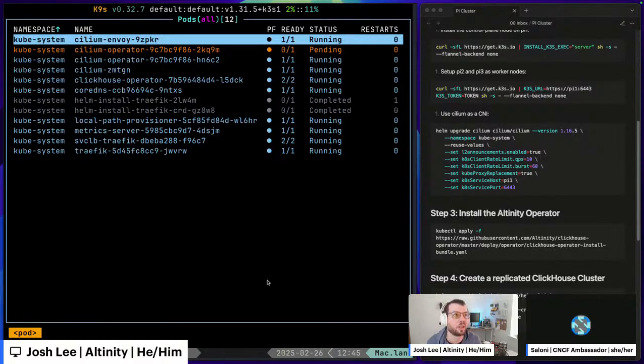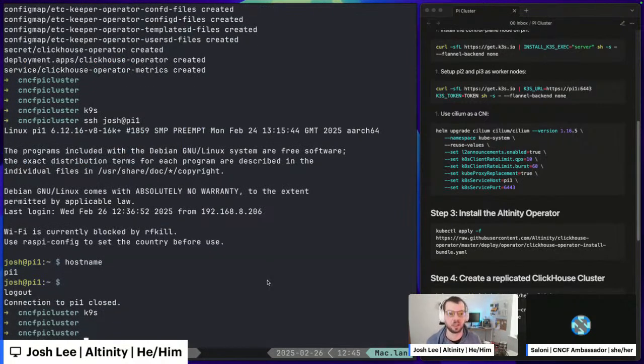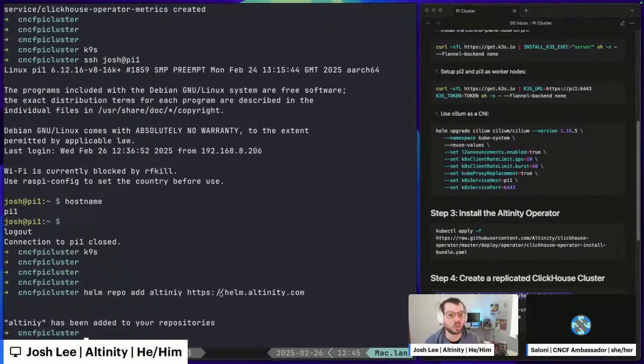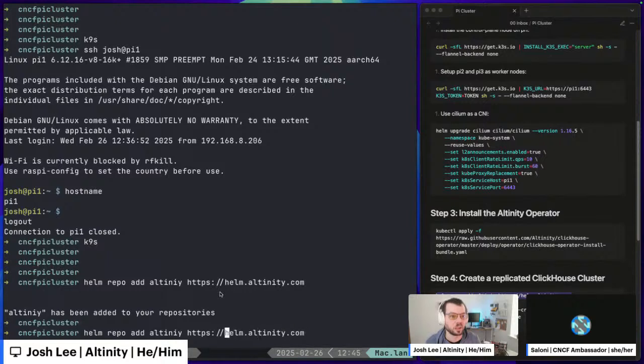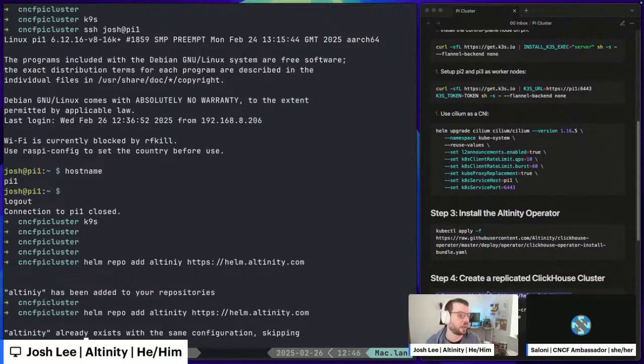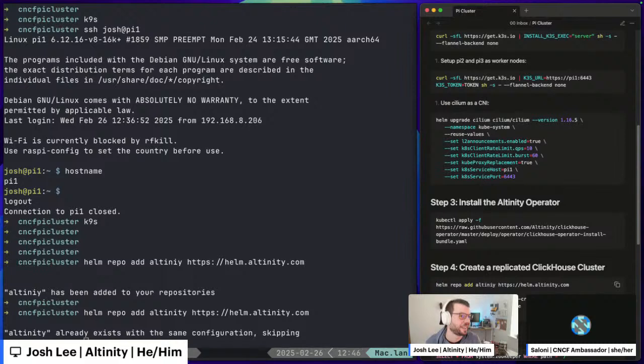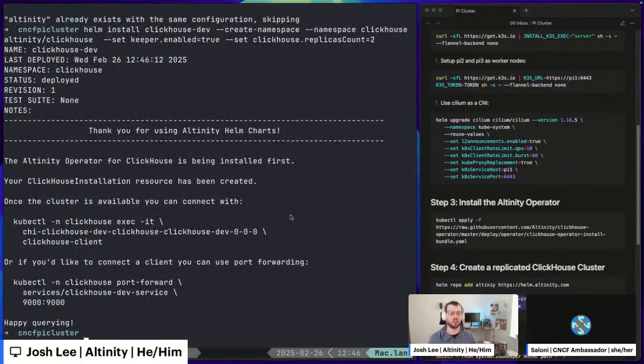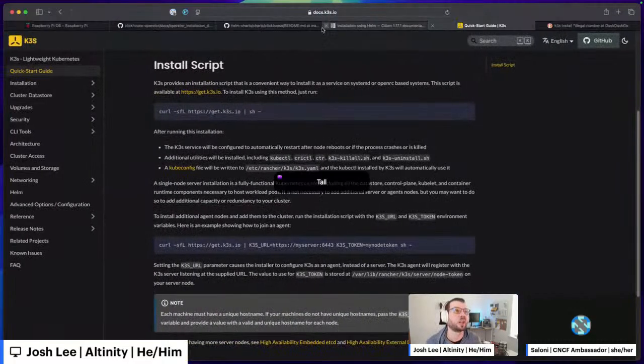Okay, so we have the ClickHouse operator running, and now we will go ahead and use this Helm repo, which has some nice defaults. Oh, I didn't want to call it that. All right, I already had it with the correct name. And then we'll take this and we'll go ahead and install ClickHouse. So this Helm chart provides some convenient values. It's also pretty easy to just install the CRD directly. If we look at the Helm chart,